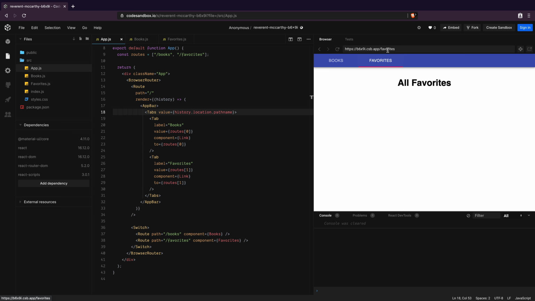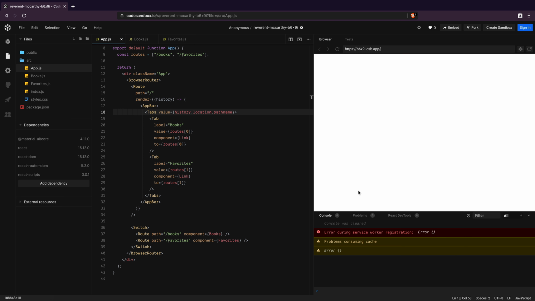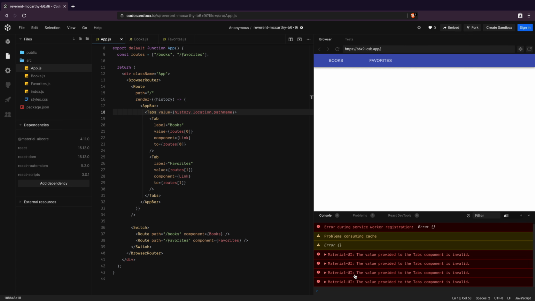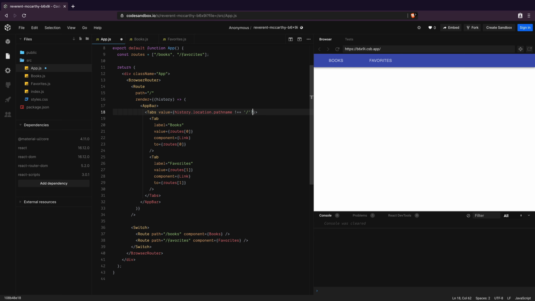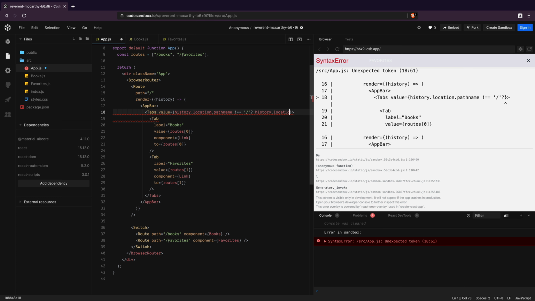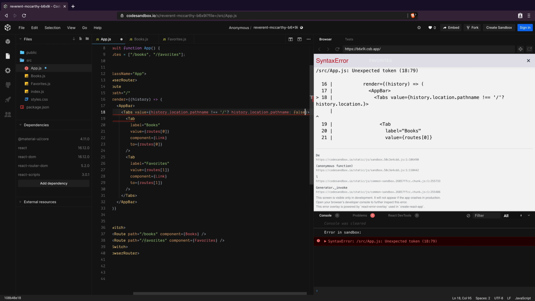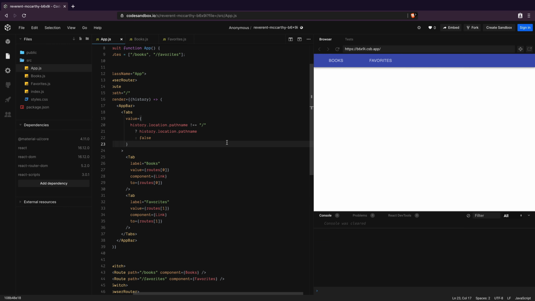However, there is one final issue with this implementation. When I go to the root of the application, the problem resurfaces. This is because the top level path, which is /, is not among the valid values under any of the Tab components under the Tabs component. We can fix this by checking if the path is not root, use that as the value for the value prop, otherwise add false as the value. Setting the value to false means that we do not want any tab active.